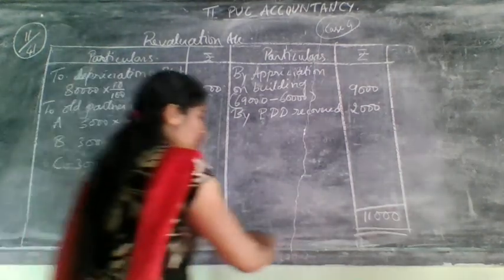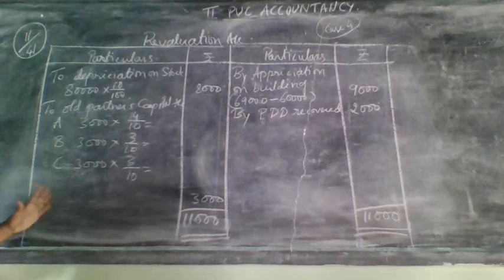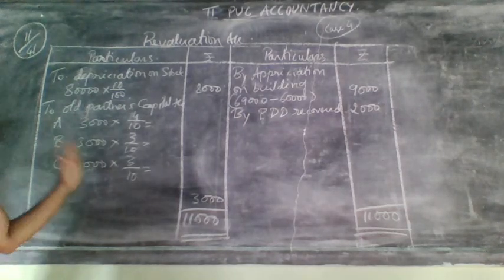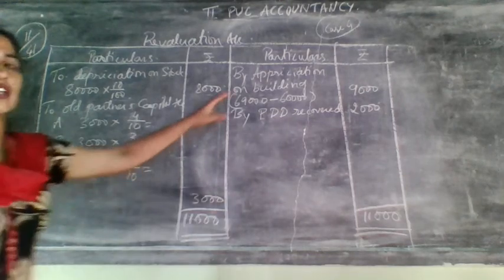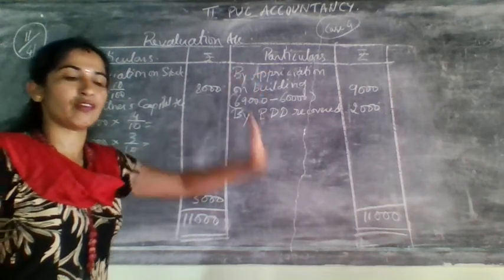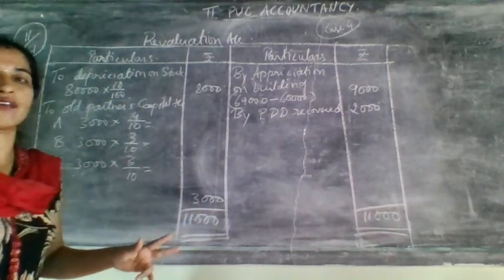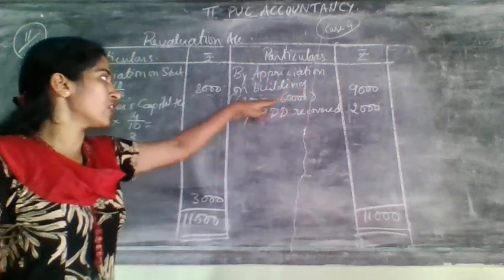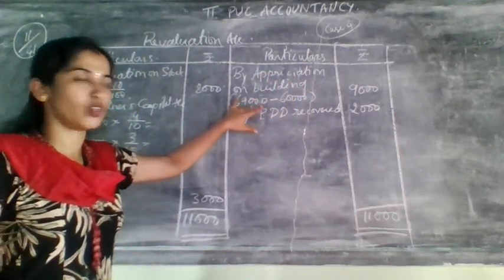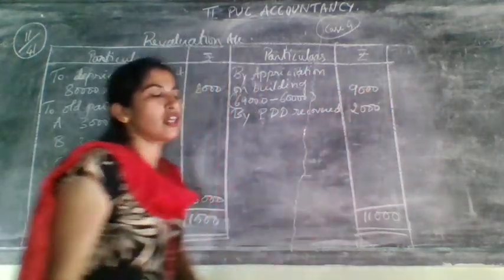So here ends your which account? Revaluation account. Revaluation account is nothing but what? Here in the revaluation account you have only 3 entries. One is related to appreciation on building. They have given the increased amount, and that's why we have taken the difference amount. Need to compare with the old balance sheet. Here the adjustment amount was more, so it is considered as appreciation and the difference amount is taken on the credit side.